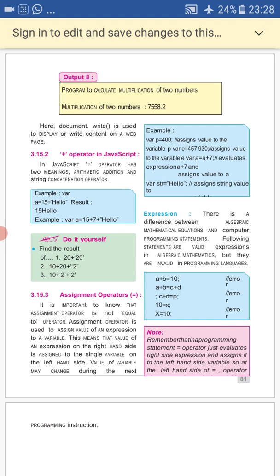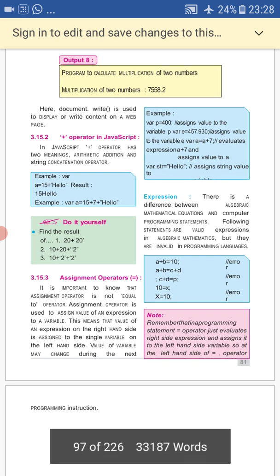Raman is a string, and your second name is Sharma, and the second string is Sharma, and I want to concatenate both the strings. Concatenate means we can join the strings. This is a string function. So if we want to concatenate two strings, then we can do it by using the plus operator, and it will give the output as Raman Sharma.